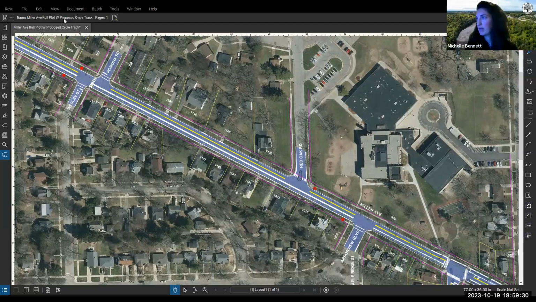I think it's also important to point out that speed management is planned to be part of these projects. We just don't have those design details yet. We want to slow everything that's moving in the corridor. The cycle track will take care of part of that, and we're looking for other ways to accomplish that as well.